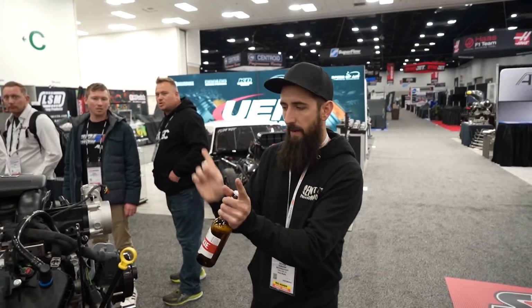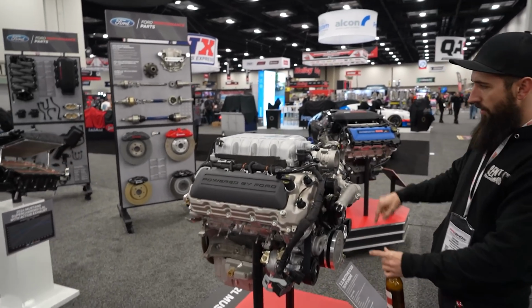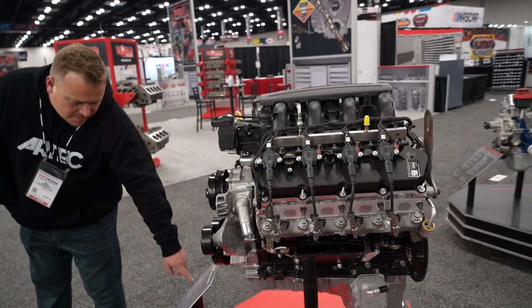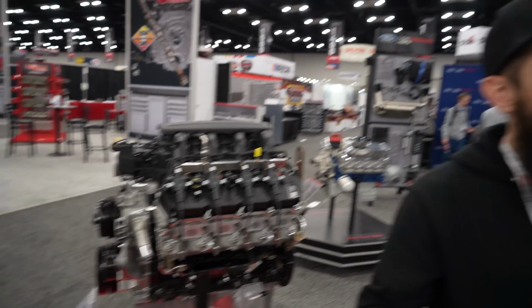Oh, the cam's in the single, yeah. And it goes like that, instead of having the dual overhead cam with the two chains. Okay, yeah. So that's the Coyote, well, GT500, but dual overhead cam, push rod, single cam, basically an LS, but Ford. But if it's a single cam in the middle, you can't have any kind of variable